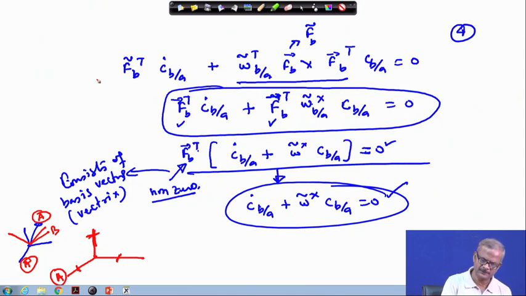So, this vectrix notation you have to get acquainted with, then only it will look convenient, otherwise for many people this appears to be a little complicated. So, if you are not comfortable with this, you can just follow the vector method that we have discussed in the 11th lecture. Okay.